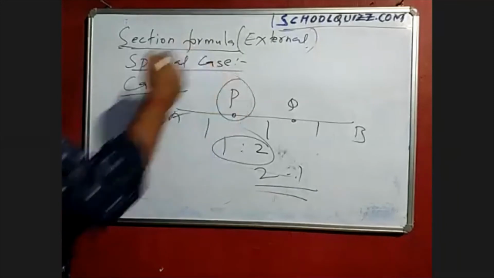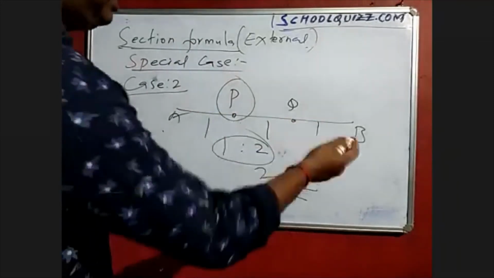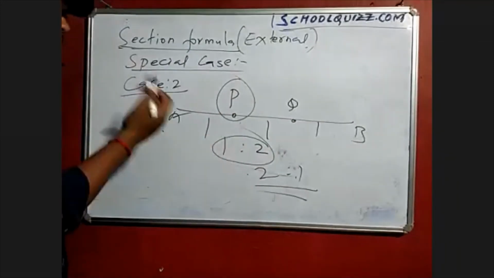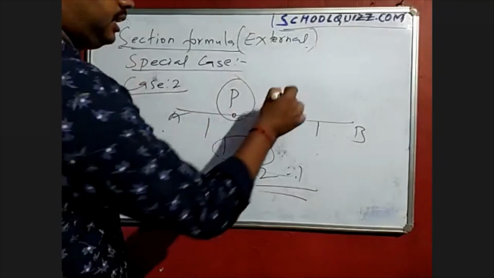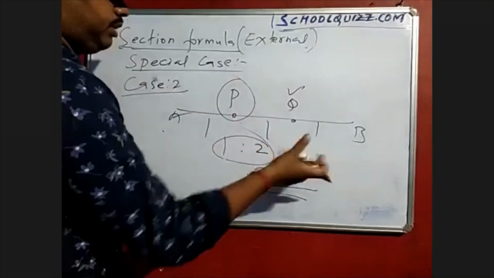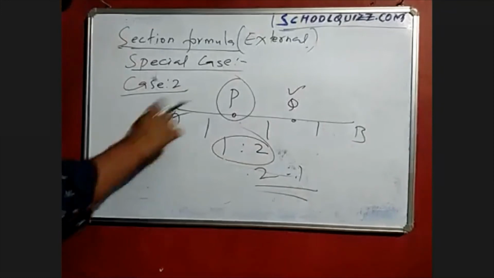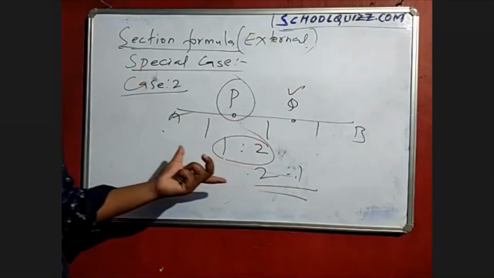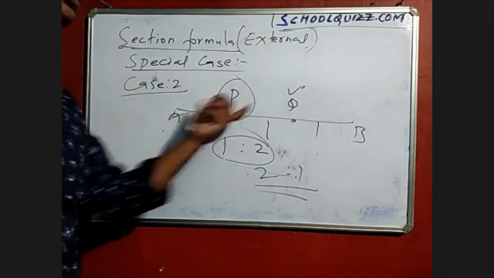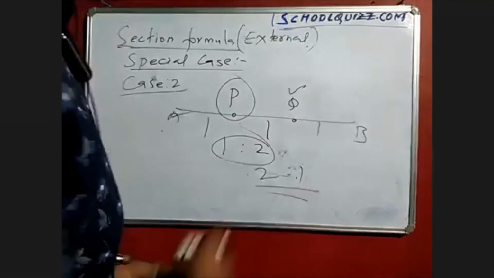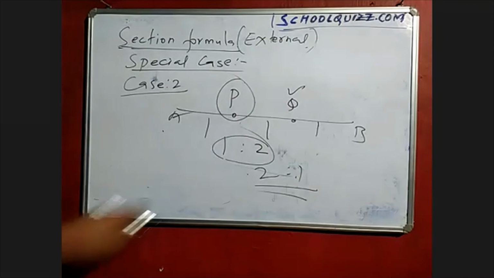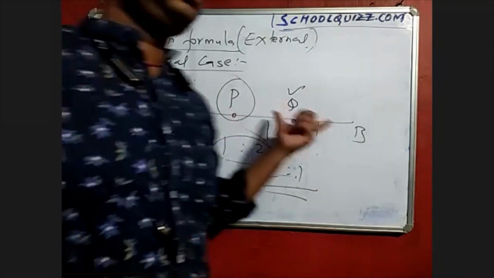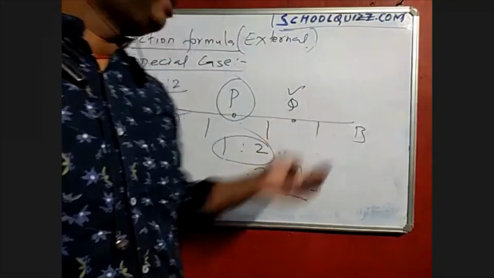If they ask you to find P, then by using A, B and this ratio you can find the point P. And if they ask you to find Q, again you keep the 2:1 ratio as m and n, and you can find the other one. The question will be the same like that, just the pattern they will change, according to the availability of your solutions, meaning how you approach the questions.